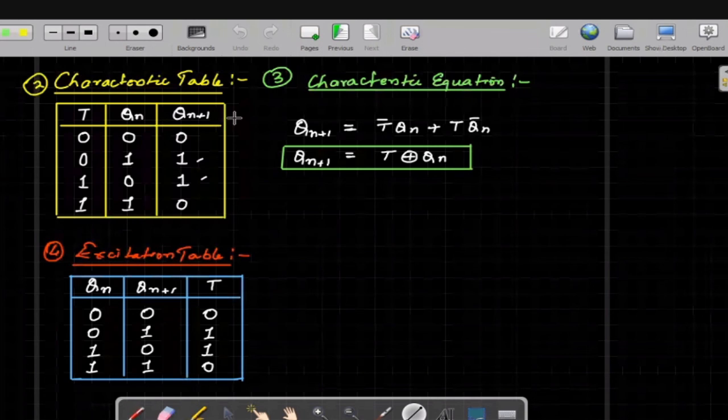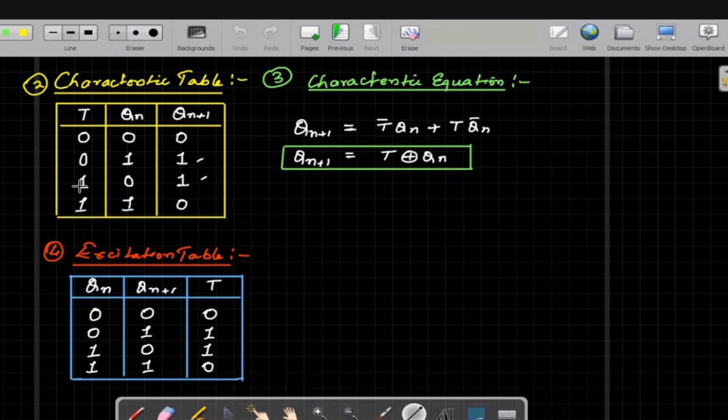And finally, sometimes the table is not easy to remember, so if you remember it in the form of an equation, then this entire characteristic table can be summarized as the characteristic equation. So here Qn plus 1 is equal to T XOR Qn, which we have derived, which is the characteristic equation for the T flip-flop. And finally, we have seen the excitation table, keeping into consideration how your output